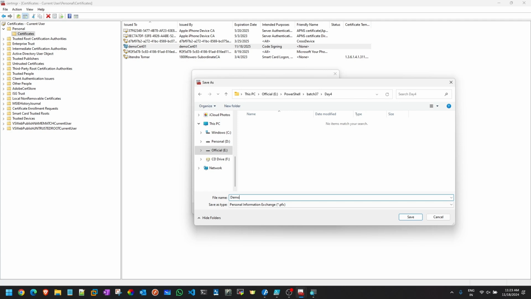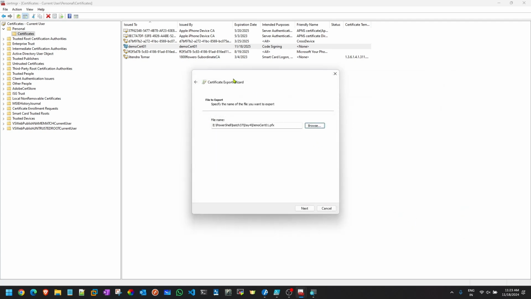Demo cert 01. I've simply given the name demo cert 01. And here you can see save as type is .pfx. I'm not changing that at all. Just click on save and here is my path. You can see the certificate path. You don't have to write the entire path manually. Click on browse and just write the certificate name at the end. That's it. Clear?